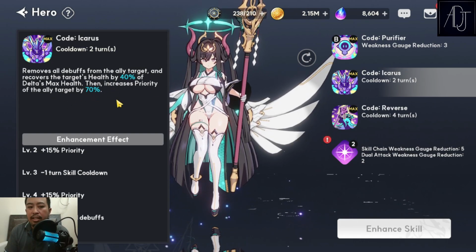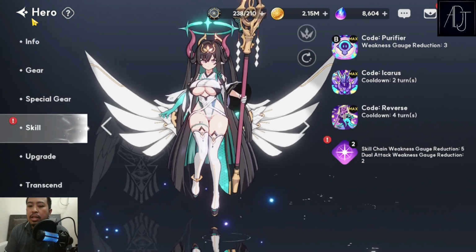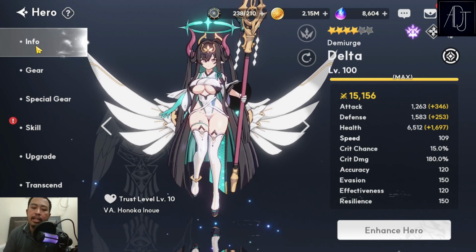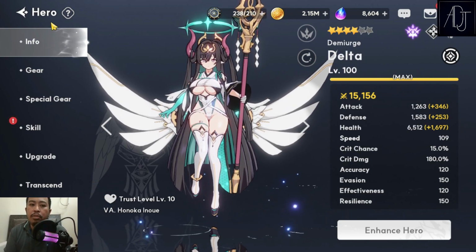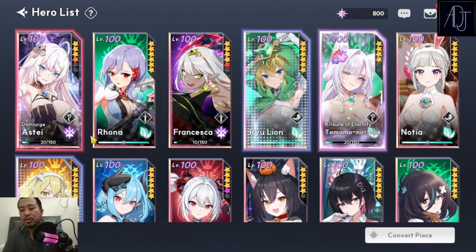So yeah, you're going to be able to push Ice Wallenstein by using this one, but you really need to make your Demi Delta a really fast Demi Delta for you to be able to push Ice Wallenstein, and that's going to be a big pain in the ass. For me, that's already a big pain in the ass just to set up Ice Wallenstein in PvP,